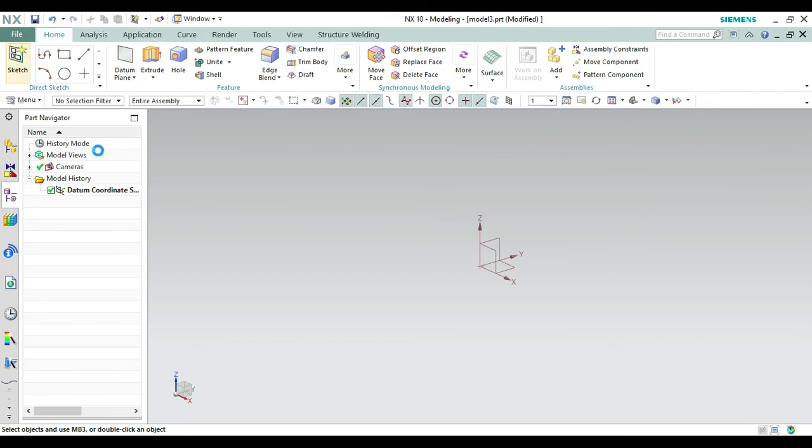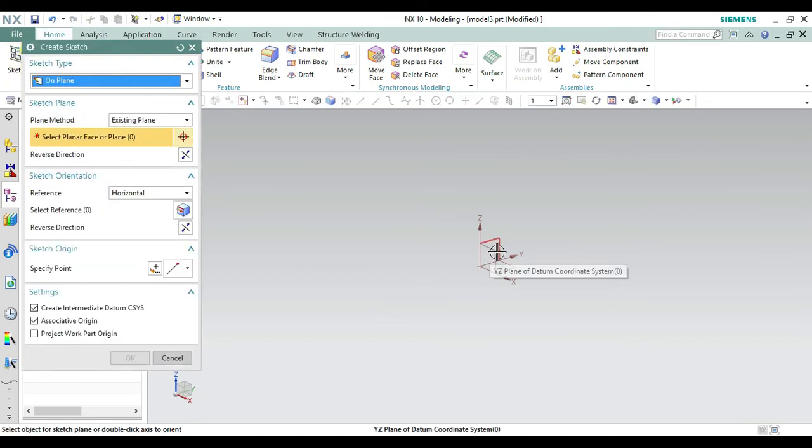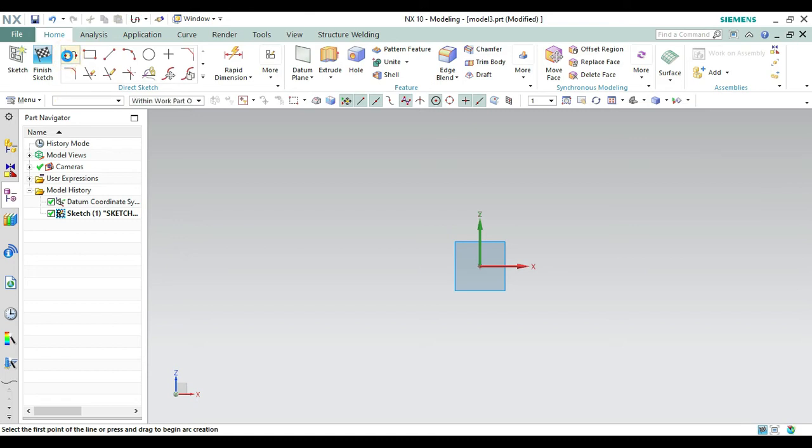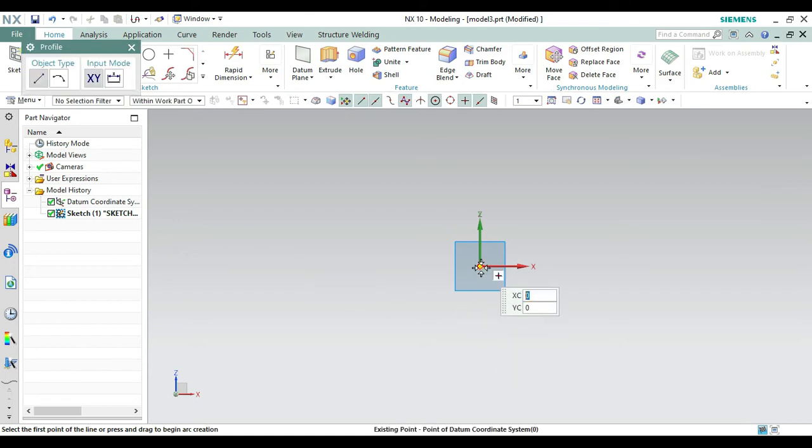Now we have to select the plane or face of plane. So we can select this front plane also. You can choose any one: x, y, z or y, z. Okay. So now from choosing a profile command, because we have to create a profile first. So taking this as the first point, we have to go with the angle of 180. First make the length of 15.